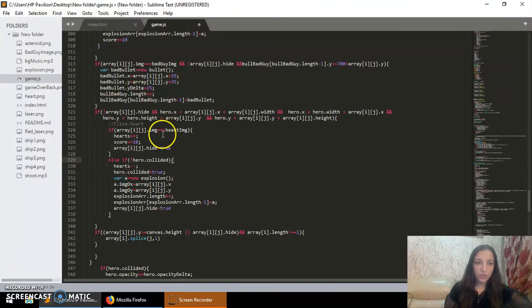the heart image, it is going to add 1 heart on the screen, and it is going to add 10 points to our score. And after our hero collects the heart, the image is going to be hidden from the screen. And here we have an else if condition, which means for all other cases, for example, if our hero collides with the stone, we are going to lose 1 heart and the collision is going to become true. And at that time, we are going to have an explosion, and the object with which our hero collided is